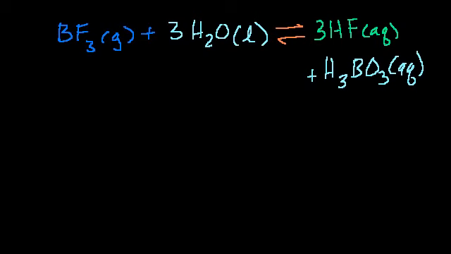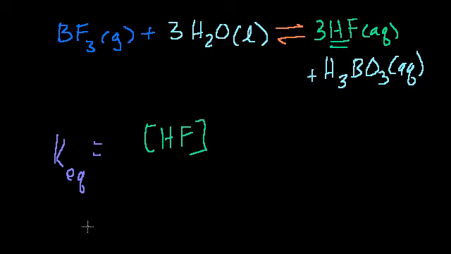So you might be tempted to say, okay, that's easy enough, Sal. You just take the equilibrium constant. You just take the right hand side. That's just the convention. I could have rewritten it either way, because there's symmetry here. But let's just say you take the right hand side and say, okay, this is dependent on the concentration of the hydrofluoric acid, the concentration of the HF, or the molarity of the HF to the 3rd power, times the concentration of the boric acid,